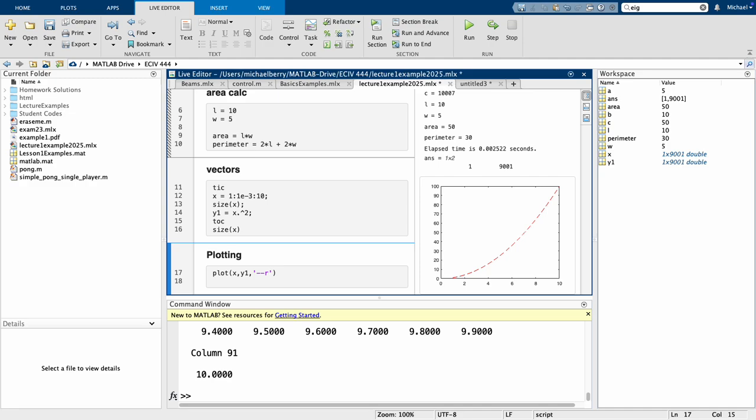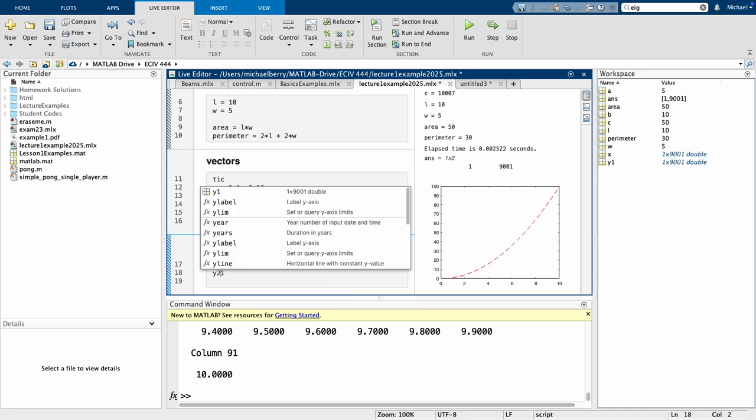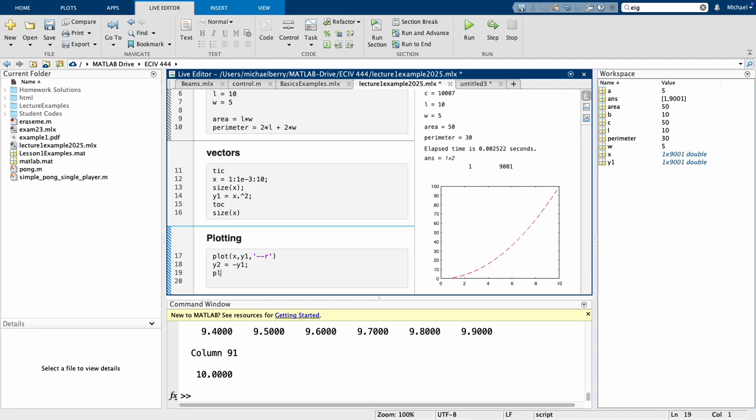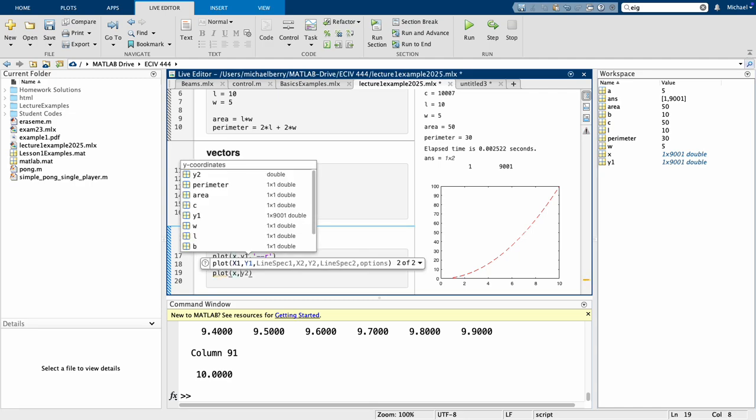And again, x and y both have to be vectors, because MATLAB only knows how to plot vectors. This is plotting x versus x squared, basically. If I make another variable, y2 equal to negative y1, just to define another variable, so now I have the opposite, and now if I do plot x comma y2,